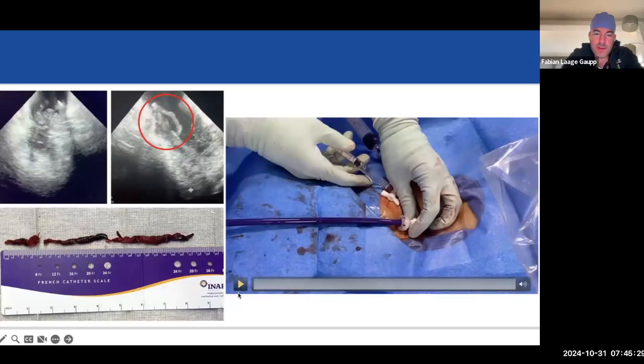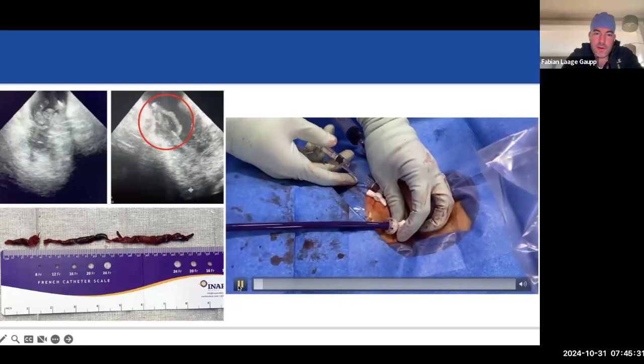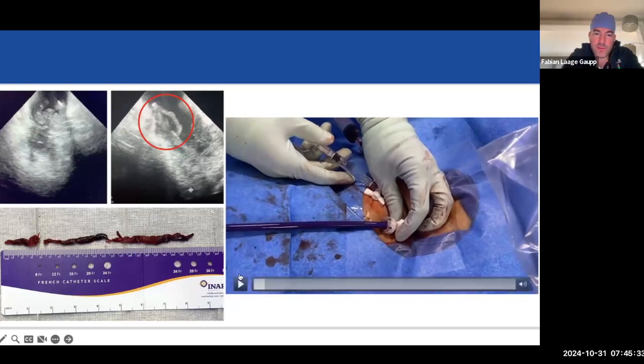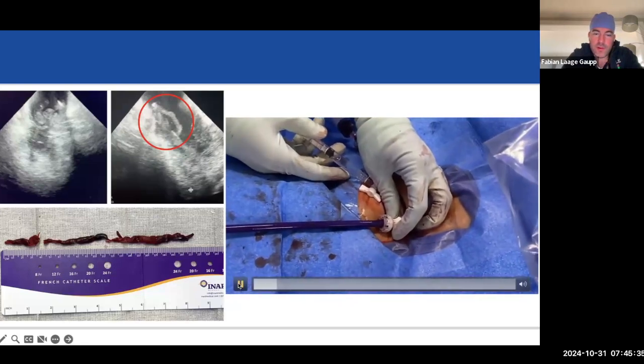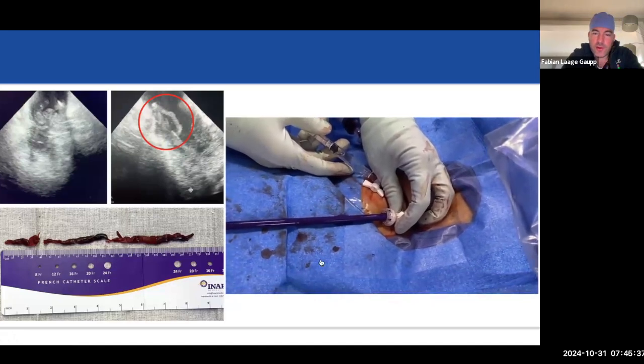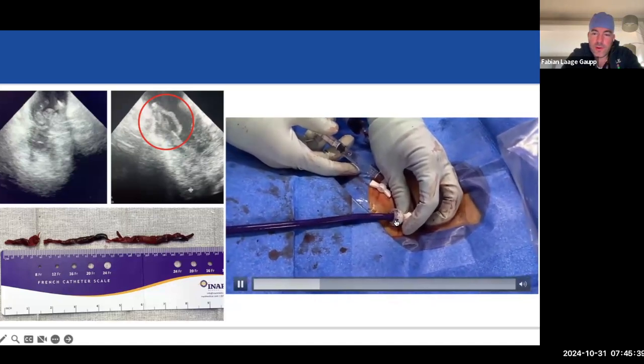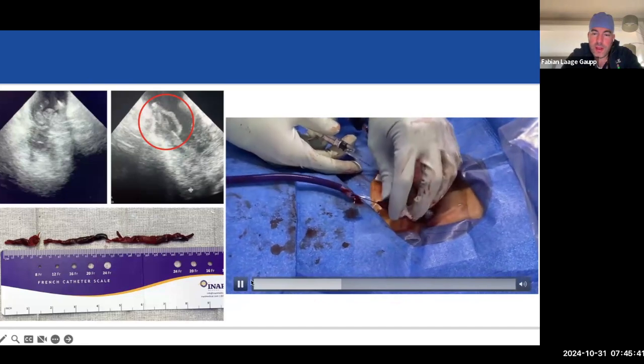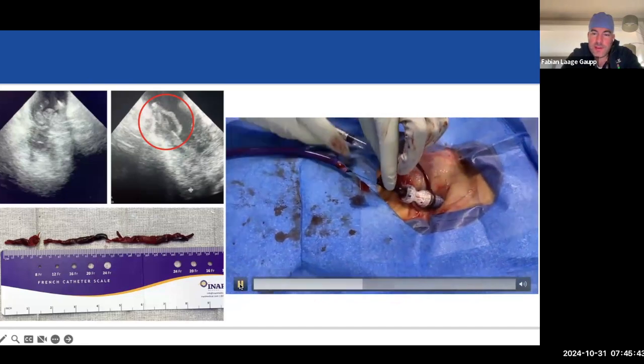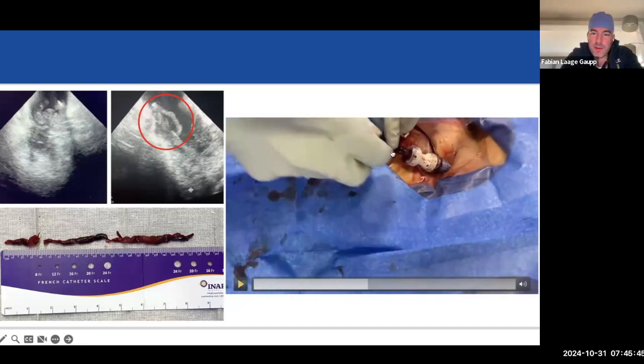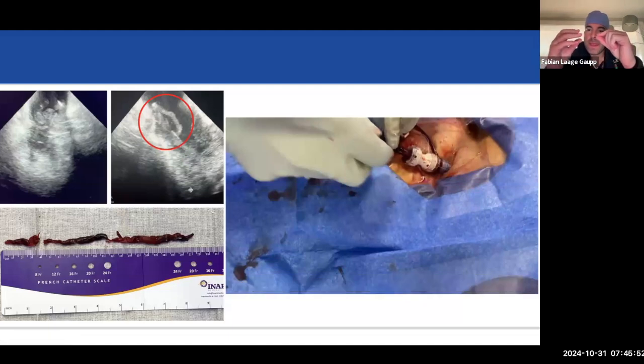And that's that. Here's just a little video. This was actually a clot that was in the right atrium and right ventricle, and we're just pulling out the clot here through the groin. Because sometimes, as you can see here, you can suck the clot through the flow retriever, but sometimes the clot is too fibrous,